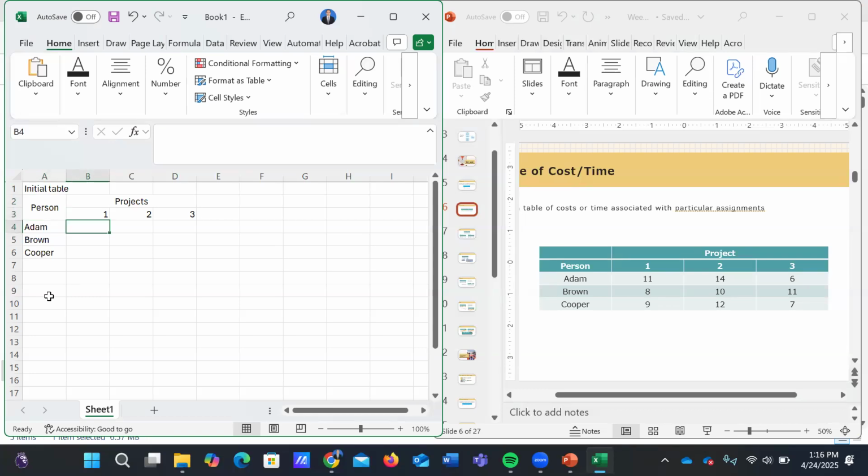If we assign Adam to fix the radio, the cost will be 11.